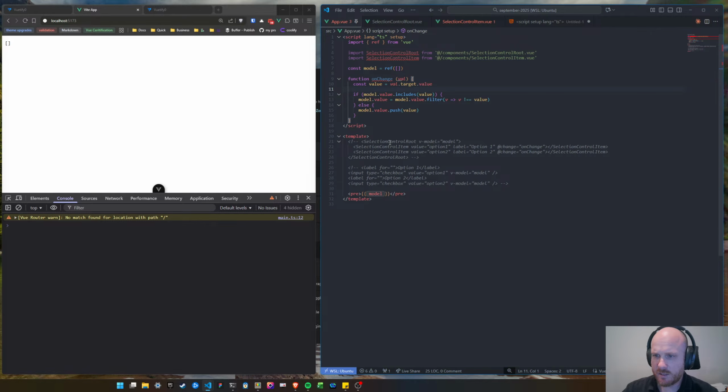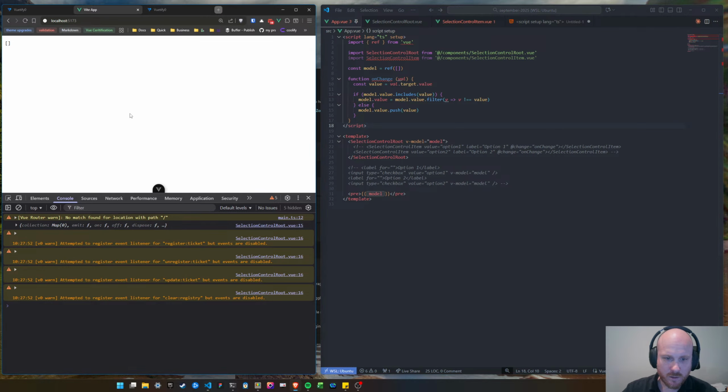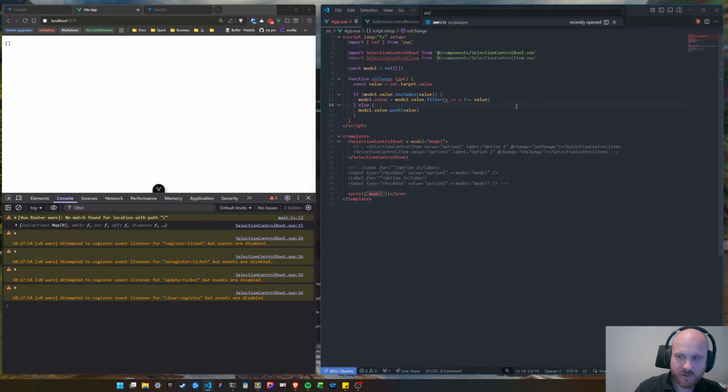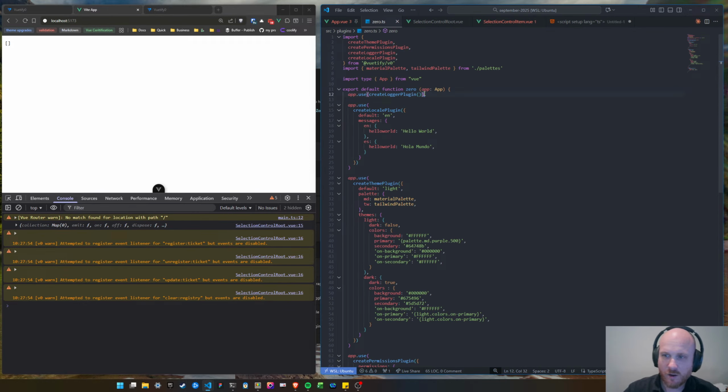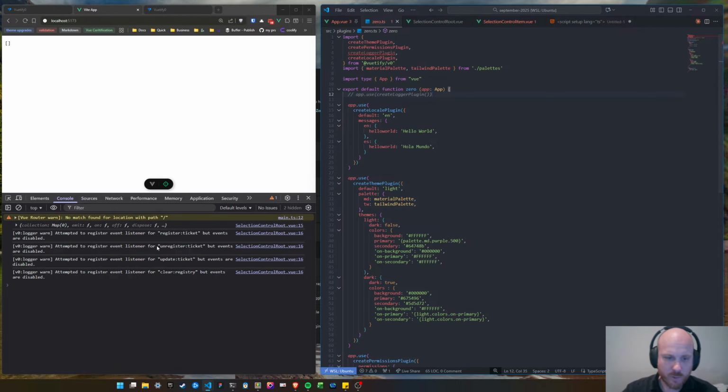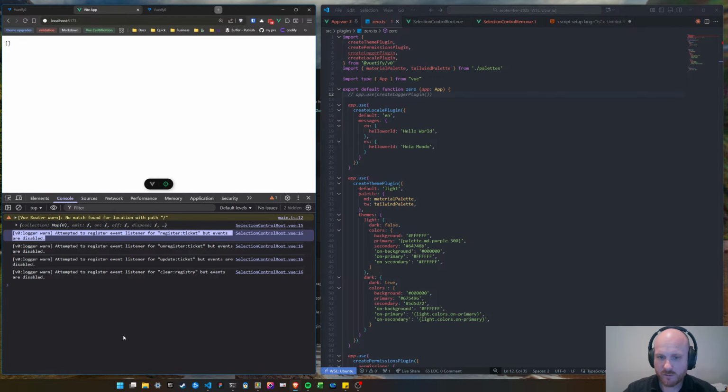And I'll show you what that is. Okay, so you can see here we're getting this: attempted to register event listener, register ticket, but events are disabled. If we didn't have our logger plugin, this would still warn us. It would just be a regular string text. So that's an example of